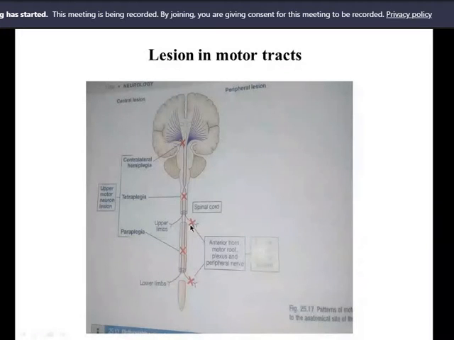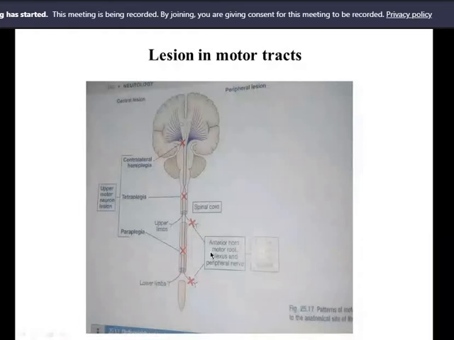But if there is a spinal nerve lesion, that means the alpha motor neuron from the spinal motor neuron is cut, which is lower motor neuron. If it is cut, then what will happen? From the anterior horn cell, if the motor nerve arising from here is cut, then it will not go to the muscle. So there will be flaccid paralysis. That is called lower motor neuron lesion.